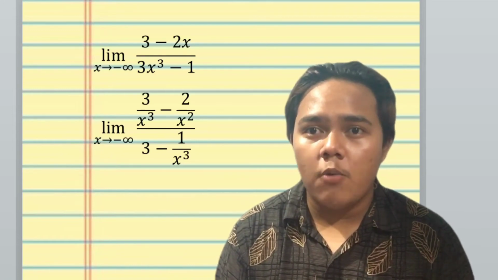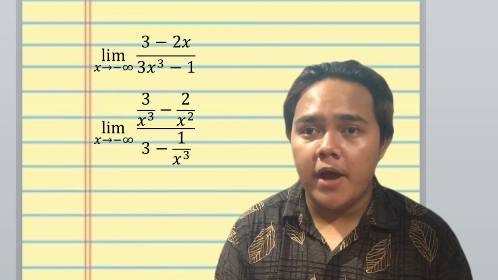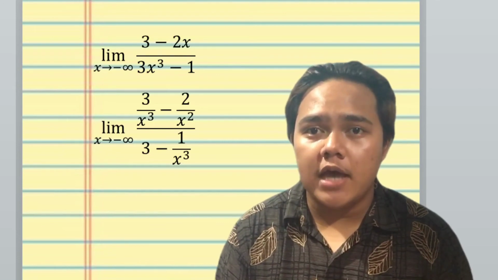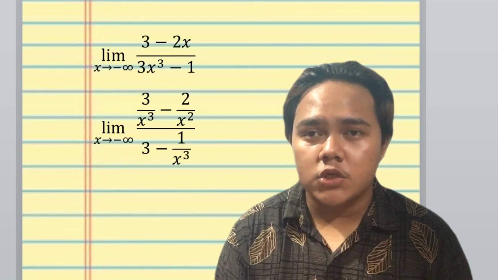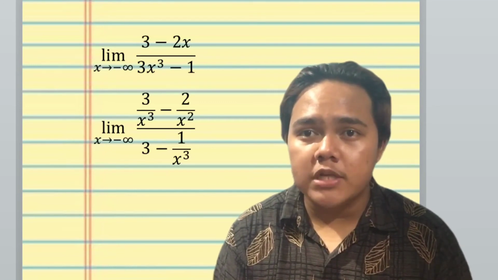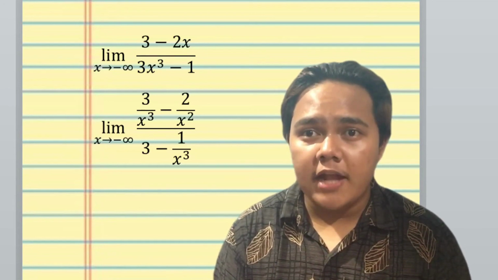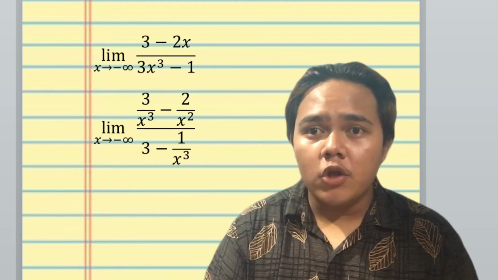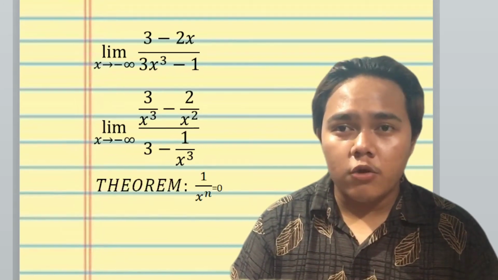Kaya may natirang dalawang x. Yung dalawang x ay magiging denominator. Over 3x cubed minus 1. Kapag finactor natin sa x cubed, ang magiging sagot is 3 minus 1 over x cubed. Sa 3, dahil both sila may x cube and so on, constant ito, kaya yung ginamit natin pang factor ay magiging denominator. So after natin i-factor, we will find the limit of numerator and denominator using the theorem, which is